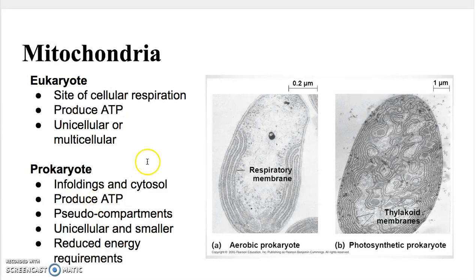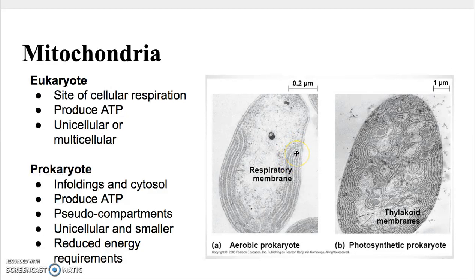So instead of having this mitochondria, they have something called infoldings. And then some of the reactions happen right in the cytosol. Because truthfully, some of the reactions happen in the cytosol for the eukaryotes too. But if we were to look at those infoldings, these are some electron micrographs of prokaryotic cells. And they just have infoldings, which are part of their plasma membrane. So this is showing you a cross-section of an aerobic prokaryote. Not all prokaryotic cells have infoldings, but they just use their plasma membrane,